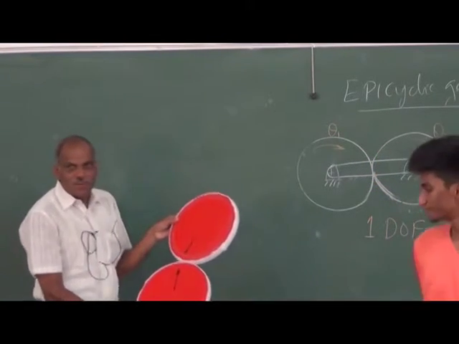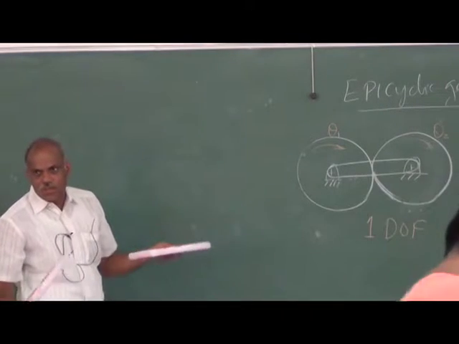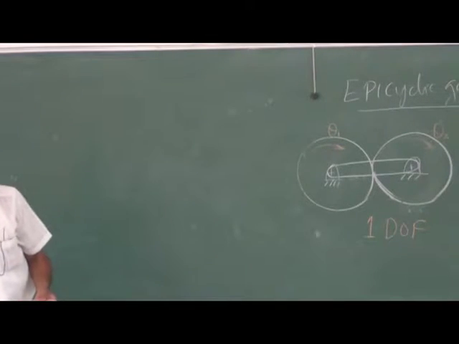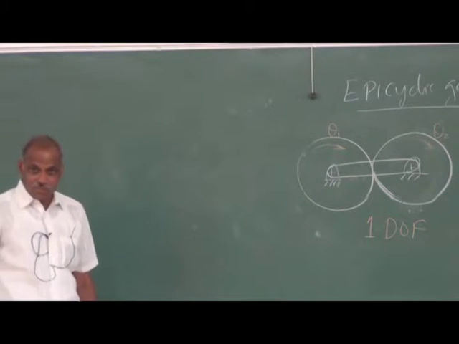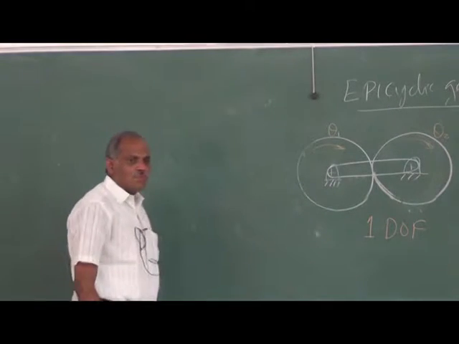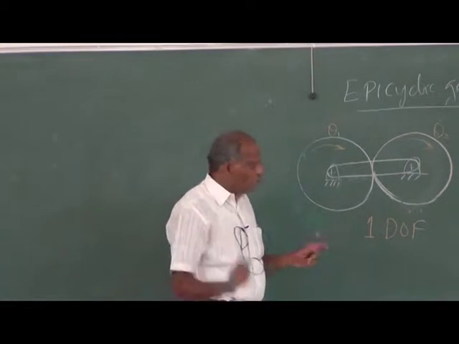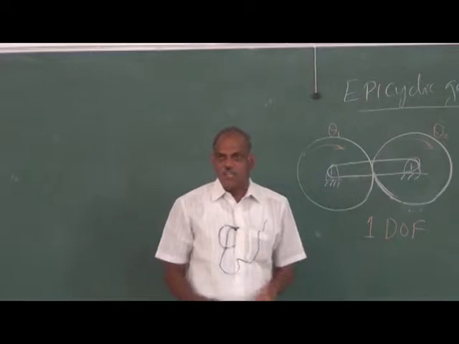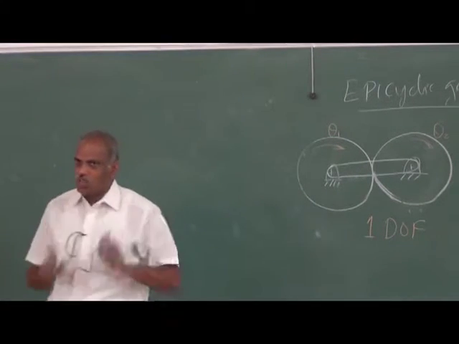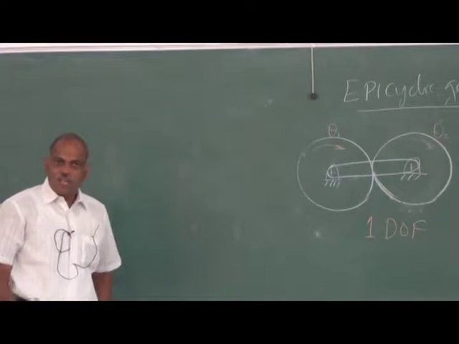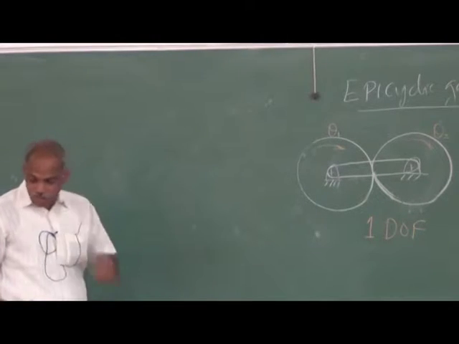Thank you. So this, as I told you, you can do it with coins. Now how do you explain it? Why do you get 2 rotations? Can we get 3 rotations or 5 rotations? Even though the 2 gears are in engagement, is a ratio of 1:1, I get a speed ratio of 1:2 now.